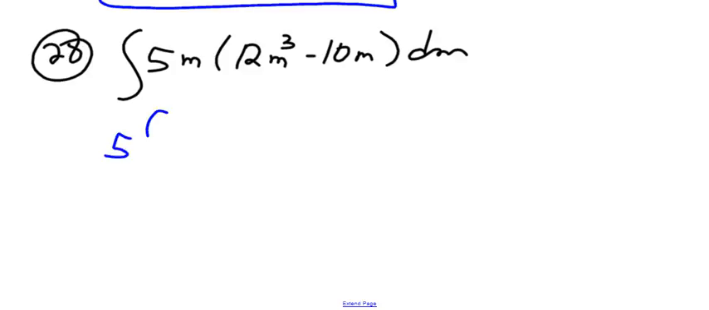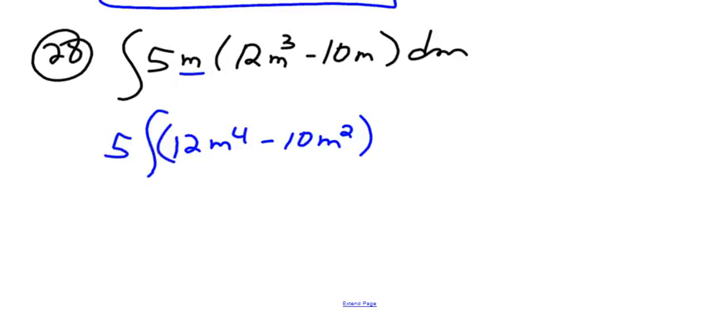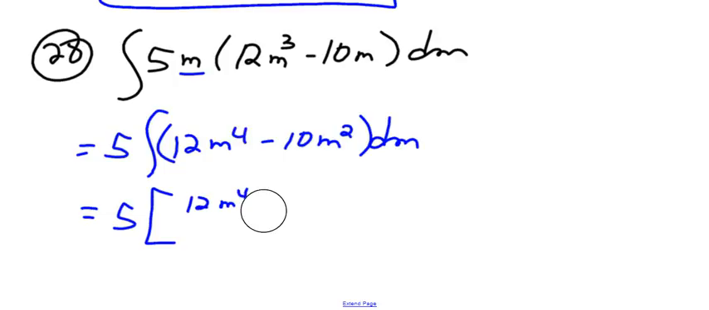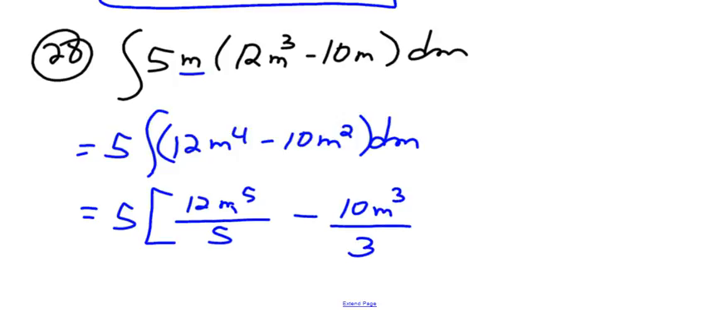I'm going to have the constant, and then I'm going to go ahead and distribute m to both terms. I have 12m to the 4th minus 10m squared in parentheses dm. And then from here, I can take the antiderivative. So I'll have 12m to the 4th, adding 1 to the exponent, so to the 5th, divide by the new exponent. Minus 10m, add 1 to the exponent, divide by the new exponent. Plus,